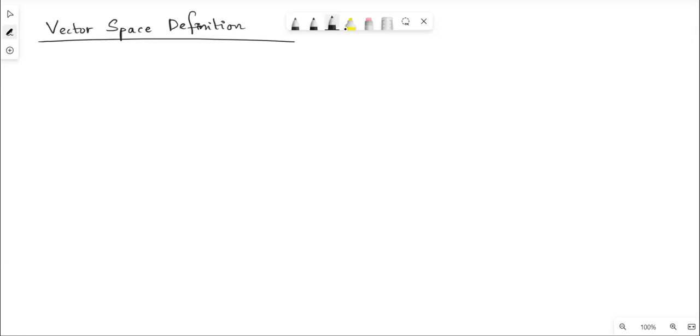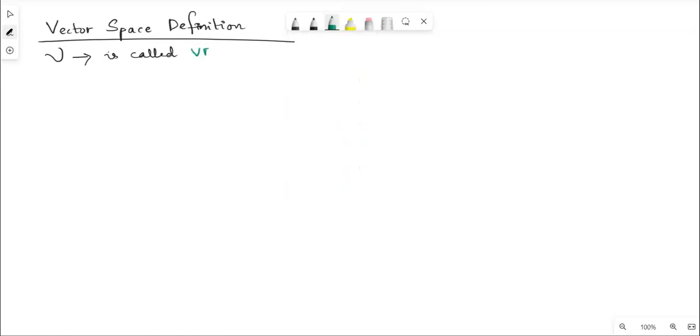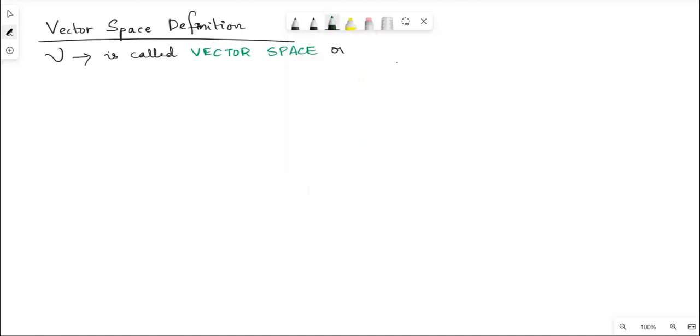The set V is called a vector space over field F